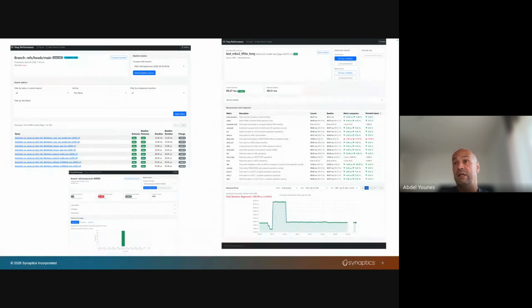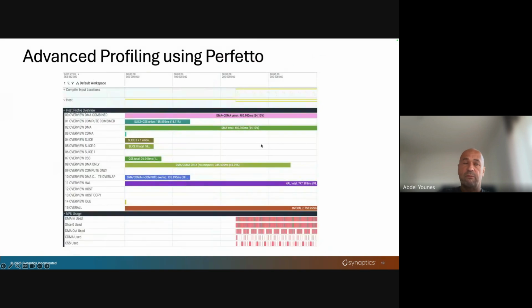For example, if suddenly we have a pattern matching that is failing and the operation is falling back to CSS or to host, we will have a spike in performance. So we will detect that automatically. And we also have support for Perfetto visualization. So we are using the standard Perfetto web tool to